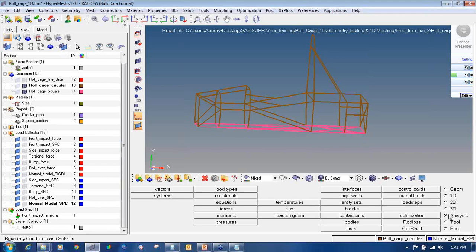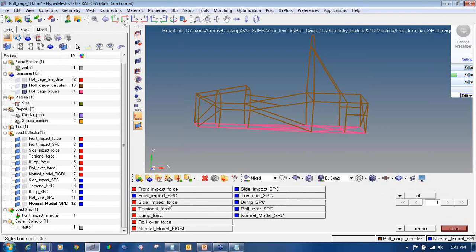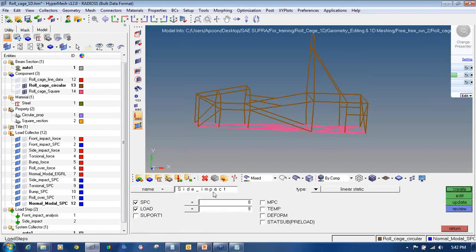So to create the load step, I will go to analysis, load step. I will name it as side impact. Select the type as linear static, SPC as side impact, load as side impact force, say create. Then the next is torsional analysis.